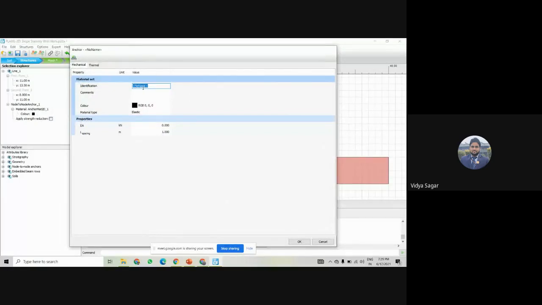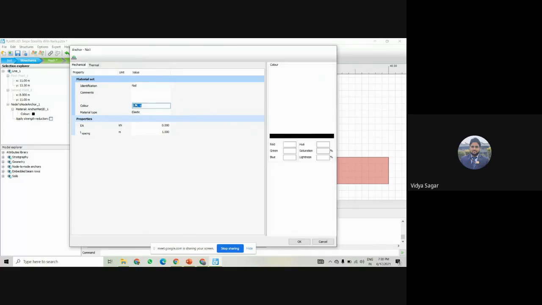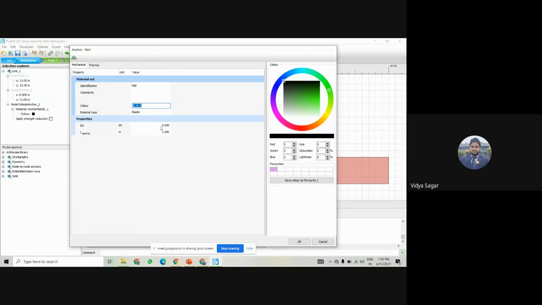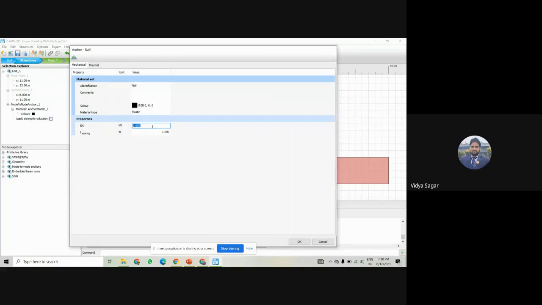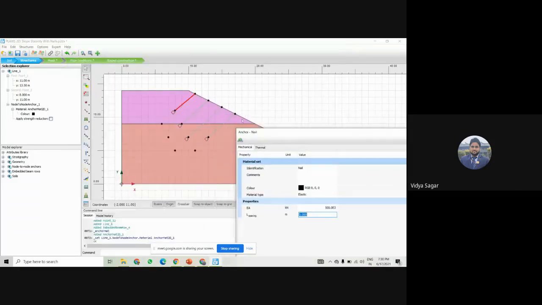So this will be the nail, and if I change the color of this, it is showing black. The stiffness I'm taking as 5E5, and for the spacing between these, these are 1 meter by 1 meter, so this will be 1 meter and 1.5, right?